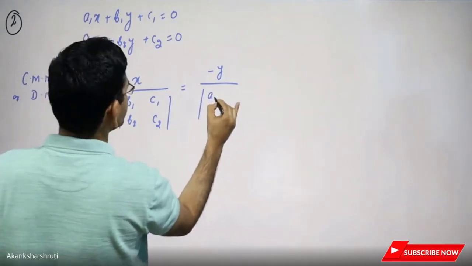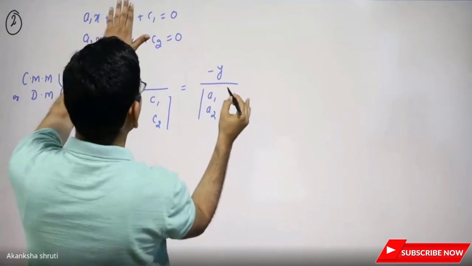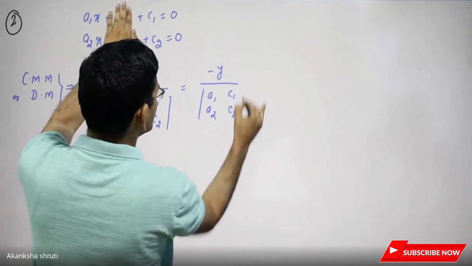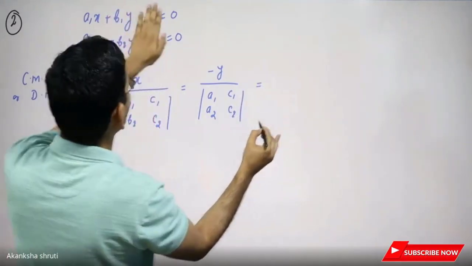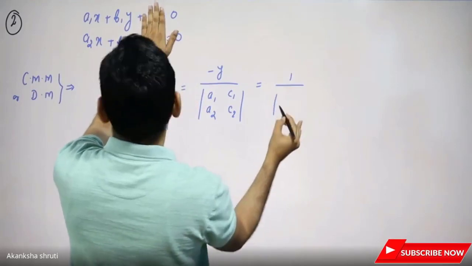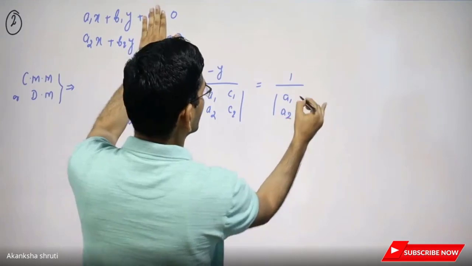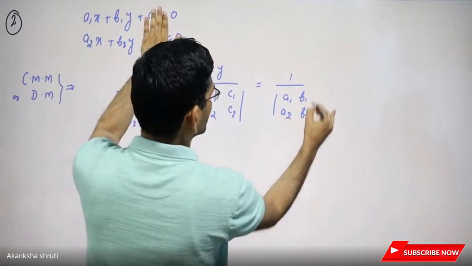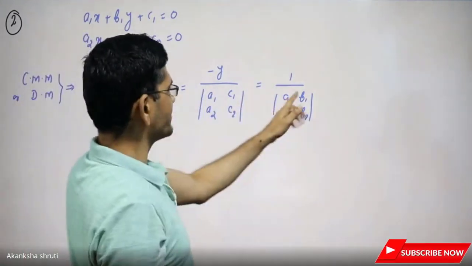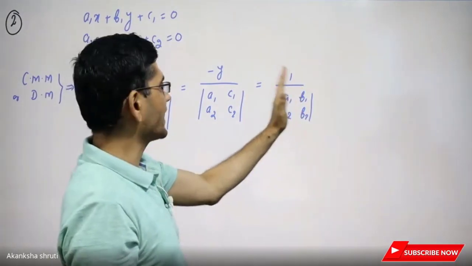a1, a2, then y is hidden, keep in mind student, we are left with c1, c2, then 1 for this constant, write 1, and then hiding this constant, a1, a2, b1, b2. Okay student, so this is how the value of x and y can be determined in one step by writing in this determinant or array form.